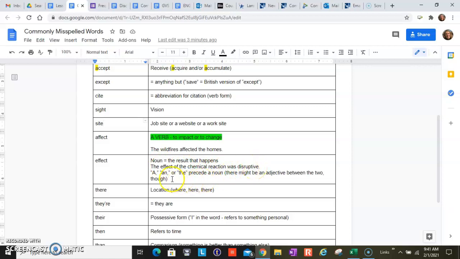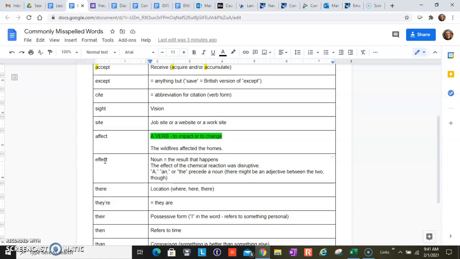One way I can help you remember is that when you see a, an, or the, there's going to be a noun that follows quickly. It might have an adjective in there though. So it might say, like, the disastrous effect of the hurricane. So disastrous would be the adjective, but effect popped up there, see? There's a noun coming up, and then a little adjective interrupted it, but that noun is going to pop up.